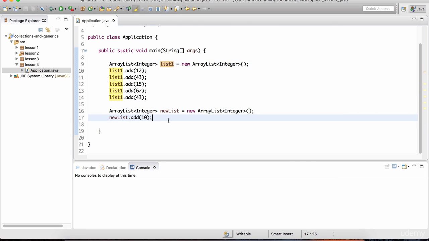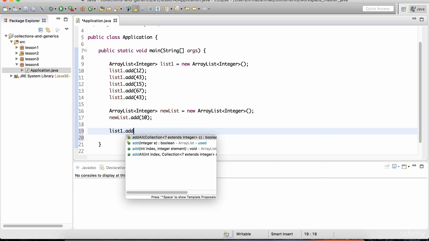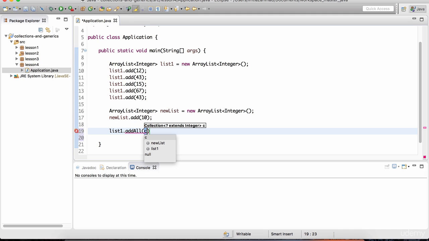If I wanted to merge both of these lists together, I could use a method called add all. And what I would do is I could do list1 dot add all and then specify the collection from which we want to merge the data. The second collection we have here is new list. So this line of code is going to take all the data that's in new list and merge it into